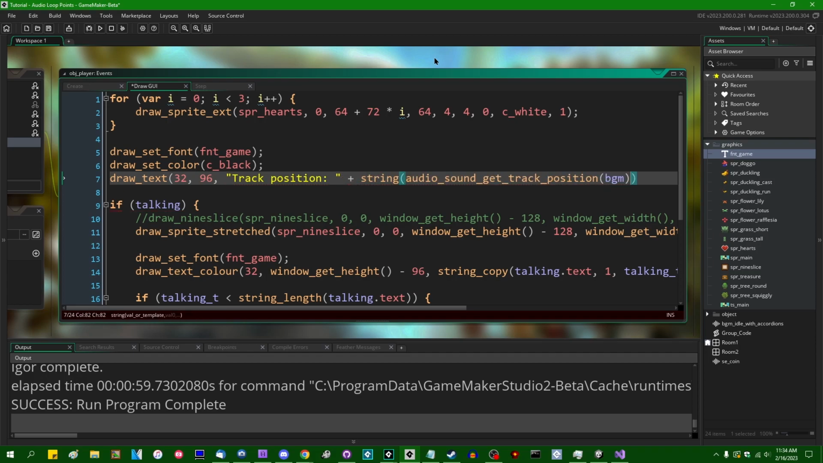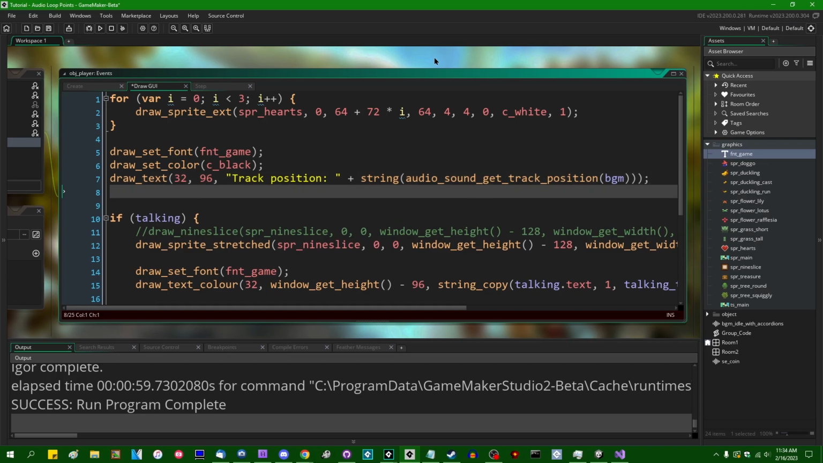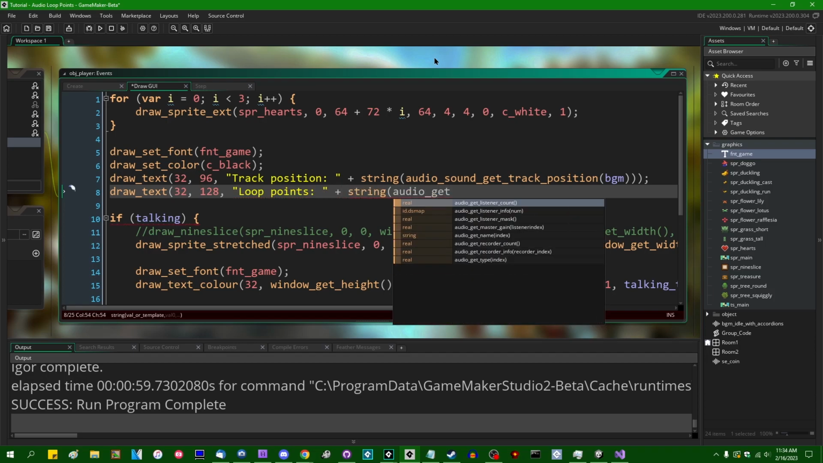I could use a string formatter for that, but I don't feel like it. And I'm also going to say draw text at 32,128 loop points. And there's a couple